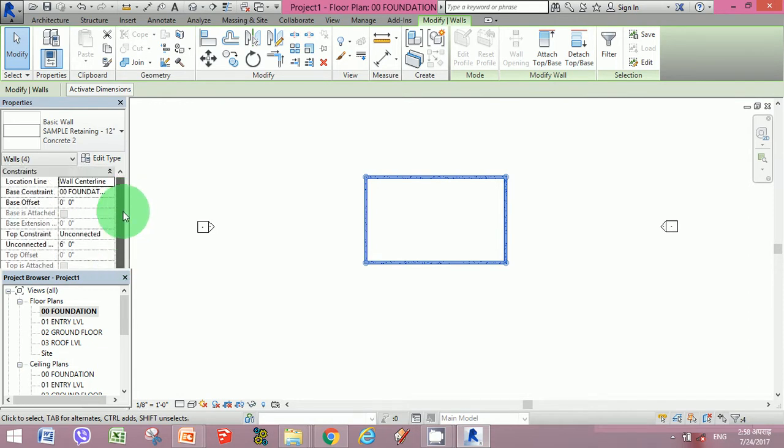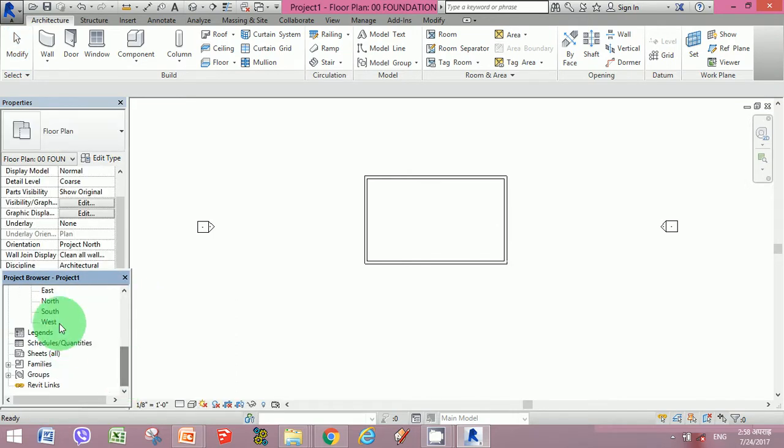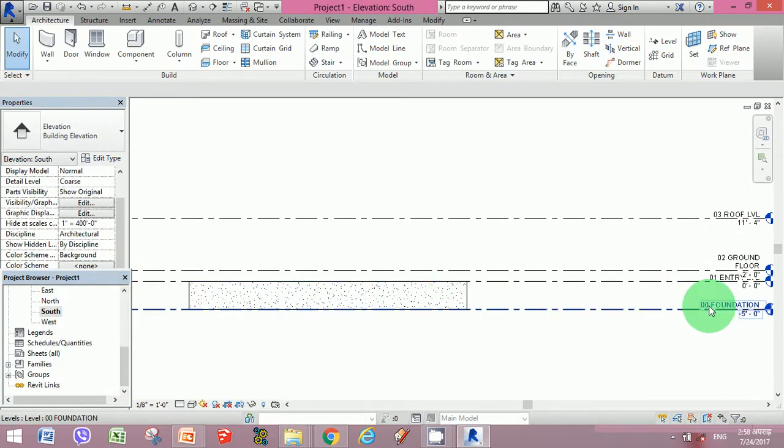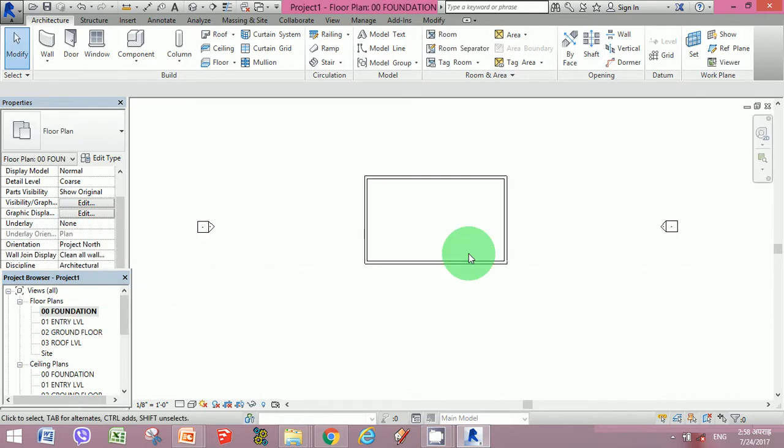Once selected, you could find the wall properties over here, and you could change it accordingly. The unconnected 6 feet would go to 5 feet. So once selected, press OK. Then go back to the south view, and you could find that the foundation wall has come to the entry level point of 5 feet. So here the foundation retaining wall has been laid.